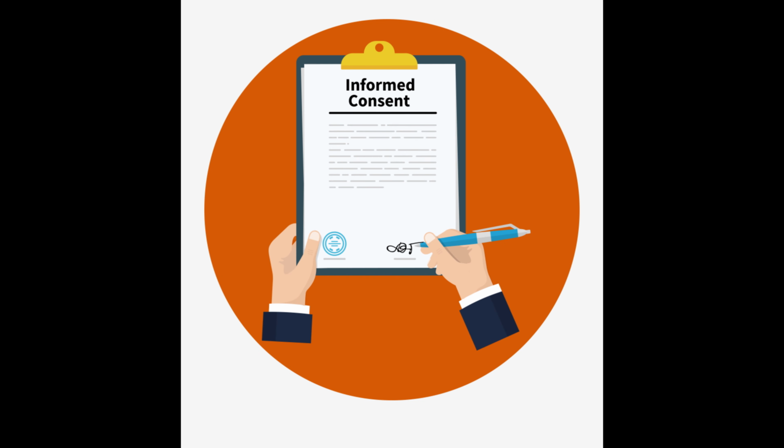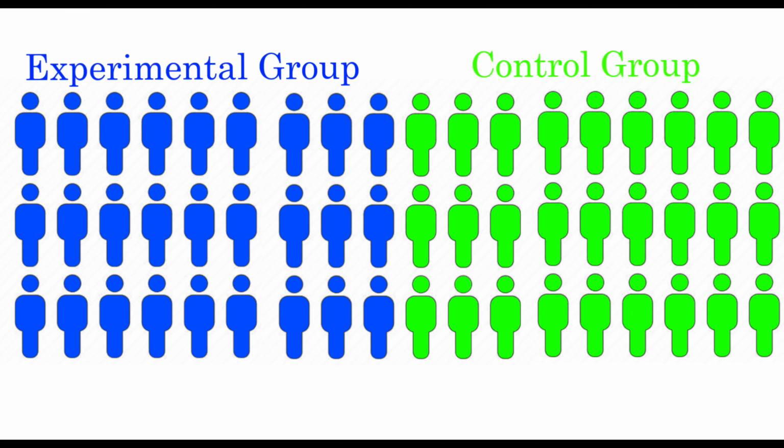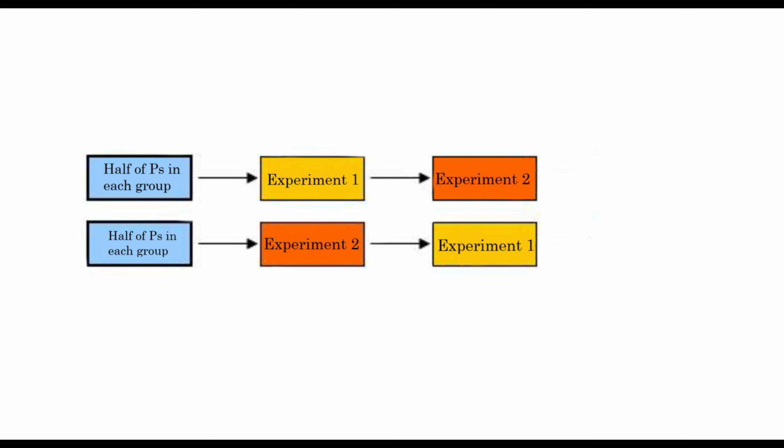Participants attended the study twice, exactly 1 week apart, on the same day and time. This is when they would sign an informed consent form and would be randomly assigned to either the oxytocin condition or the saline condition. The oxytocin condition would be the experiment group, while the saline condition would be the control group. Then, these two conditions would be counterbalanced, meaning that half of the participants in each group would do the first experiment the first week and the second experiment the second week, while the others would do the second experiment the first week and the first experiment the second week. This allowed Perry to control for order effects and ensure that the results of the experiments were not due to